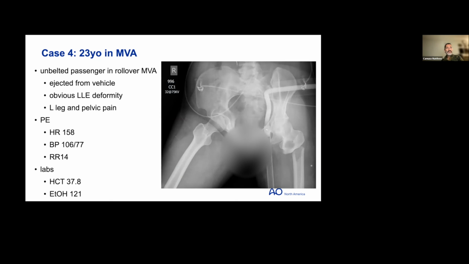She had lower extremity deformity and severe pelvic pain. The EMS folks brought her to our emergency room, and she was, again, tachycardic, hypotensive, with what you'd sometimes expect, a normal-looking hematocrit in someone who's not yet really exsanguinated. And so these are our initial films.